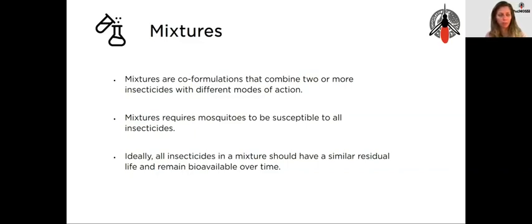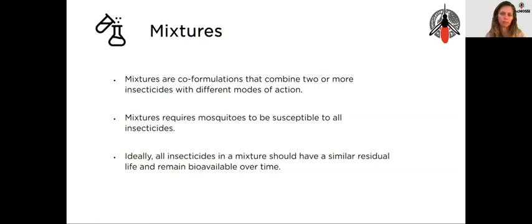An example that we can take from the malaria field is ACTs, the artemisinin combination therapies, where 2 different drugs are co-formulated into one tablet with the strategy to reduce the development of drug resistance. An example for vector control could be indoor residual spraying with a mixture of a pyrethroid and a